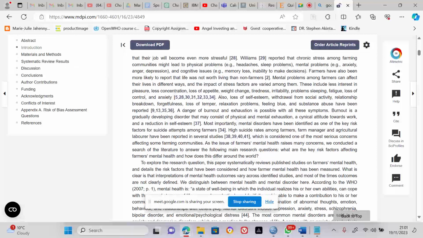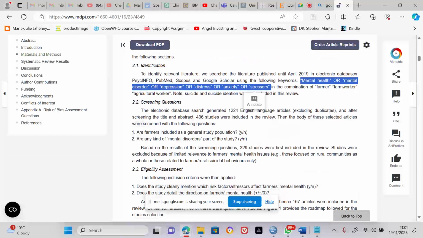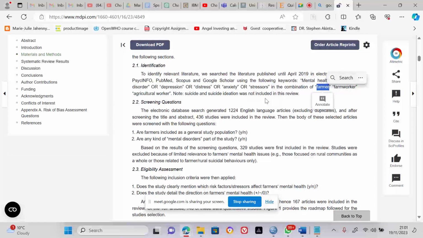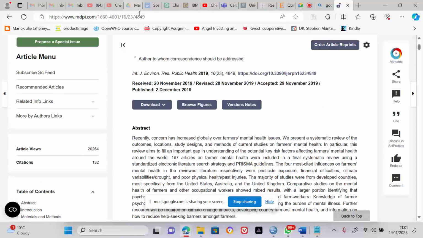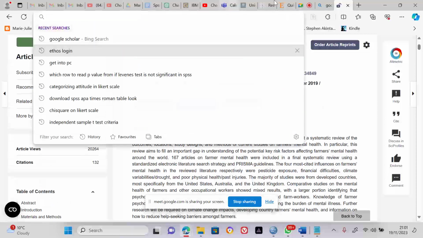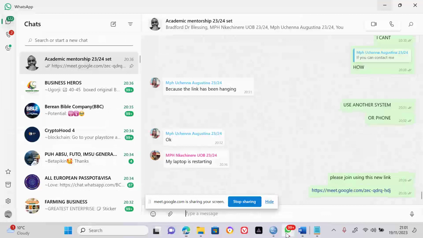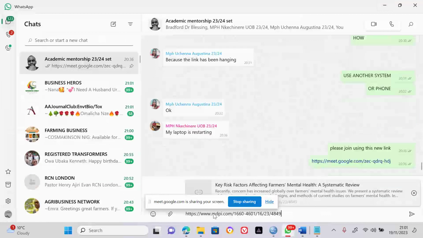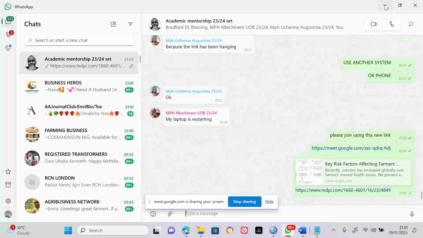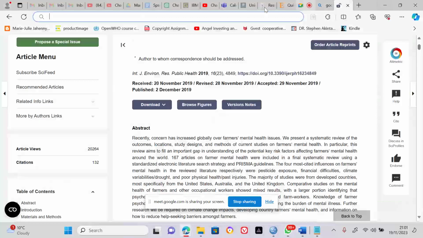So first of all, I have seen my keywords for this one. But now I need to find out keywords for adolescents. So let me send you a link to this article. This can be a very good one to guide you. It's one of the articles I downloaded from someone. So now I've not finished. So let's look at